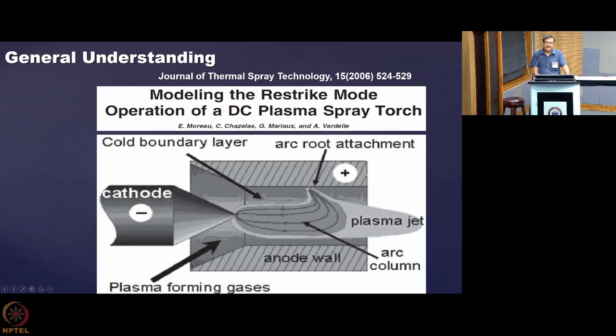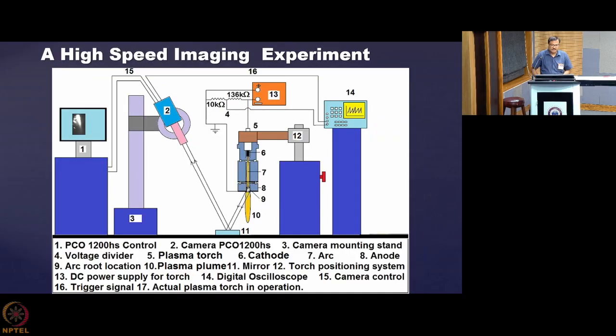That is a very tiny spot, maybe a few millimeters square, and that spot is called the arc root, because this is an arc. That root moves very dynamically over the anode wall. So this is the anode wall, and it can be here, it can be here. This is the axial movement, and it can rotate peripherally also. All sorts of movement are possible, and that is good for the health of the plasma torch, because if it stays at a particular point, it is such a tiny spot through which you are passing some hundreds of ampere of current, so the current density will easily be of the order of 10 to the power 8 ampere per meter square, and that can easily melt the electrode.